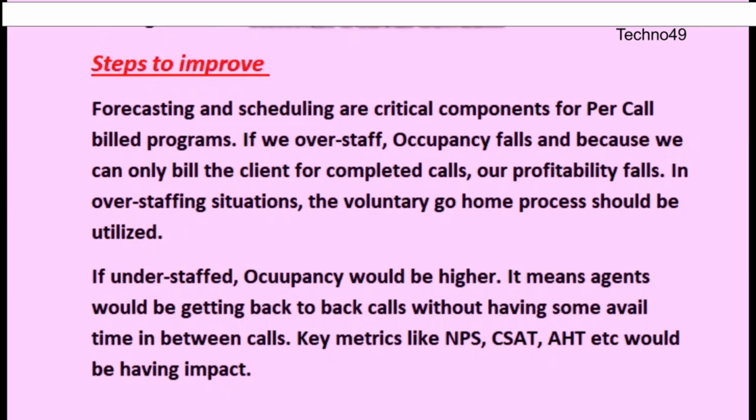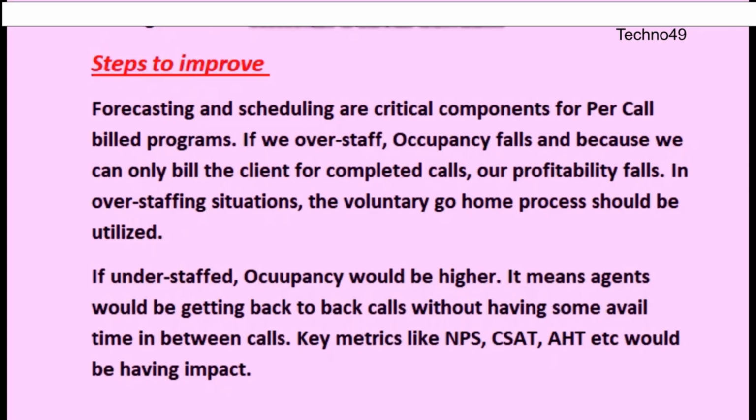Now the situation is different. If the call center is understaffed, occupancy would be higher. It means that the agents would be getting back-to-back calls and they will not have sufficient time to complete the notes or to have some break. So in that case, what can happen? The key metrics like your net promoter score, customer satisfaction, AHT can take a hit